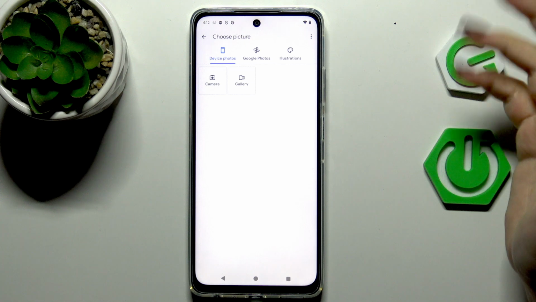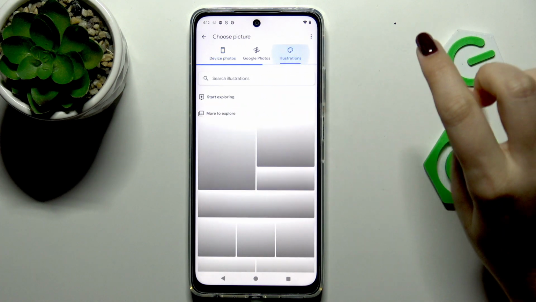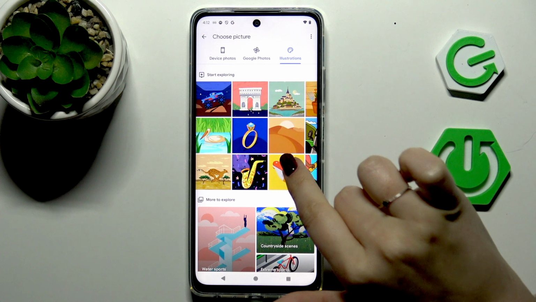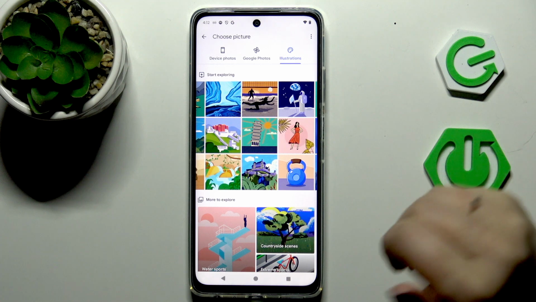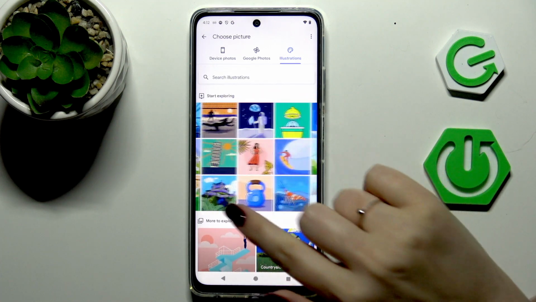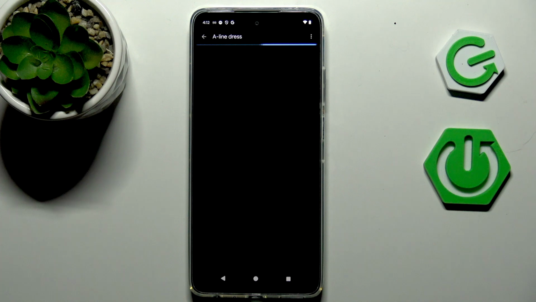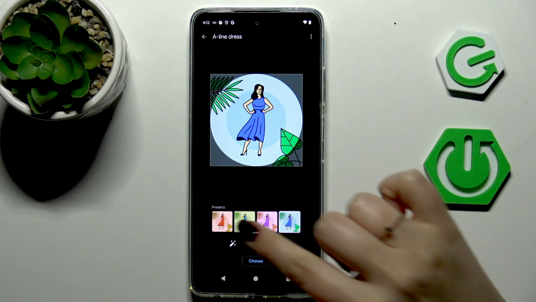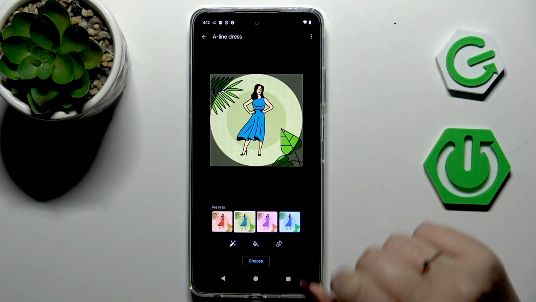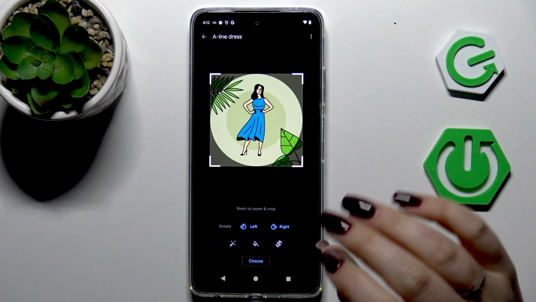Google Photos, where you've got your backed up photos and illustrations, which are free of charge and they are available online. So this is a nice option if you do not have a photo of someone whose contact you'd like to customize. So just find the photo and then tap on it. Here in those illustrations you've got also the presets, so you can choose the colors, and in all of the